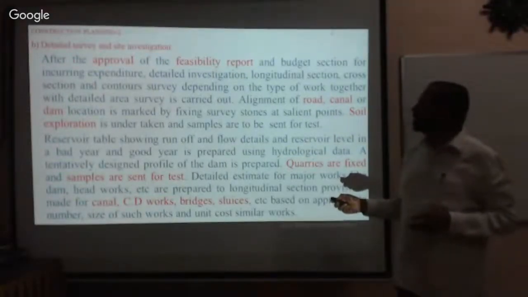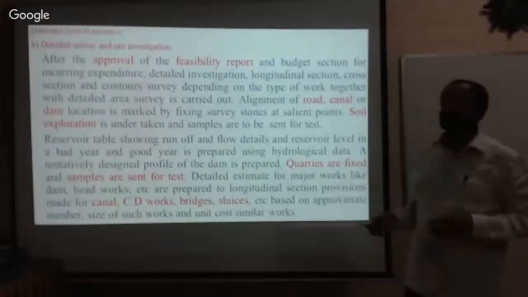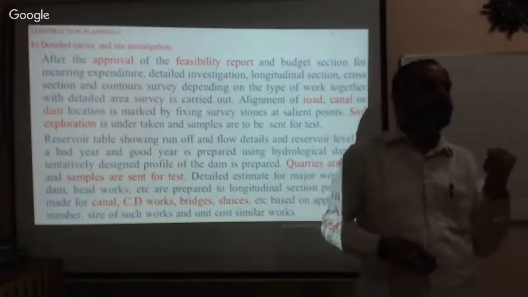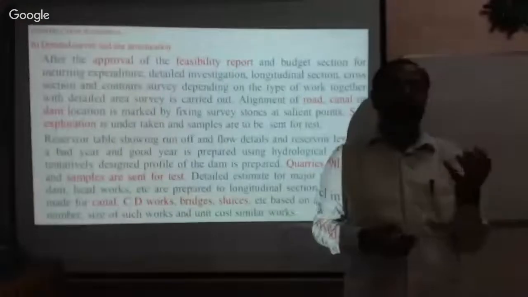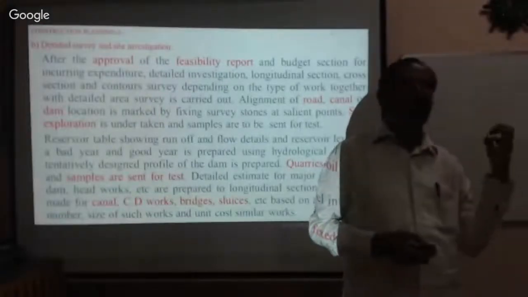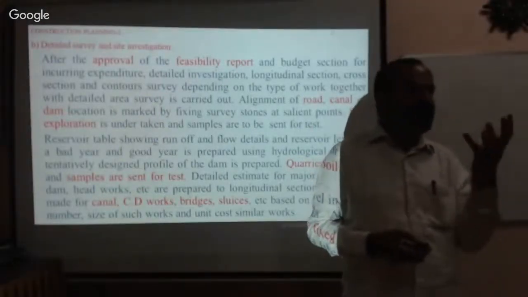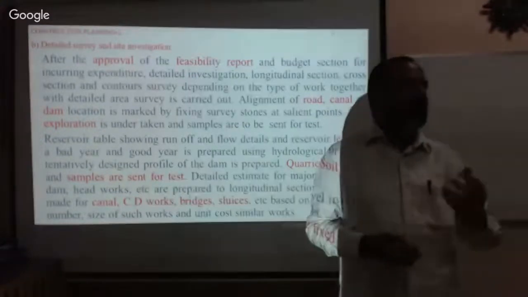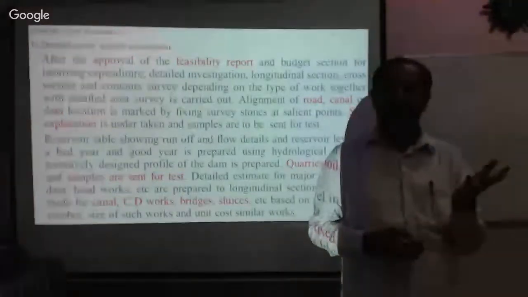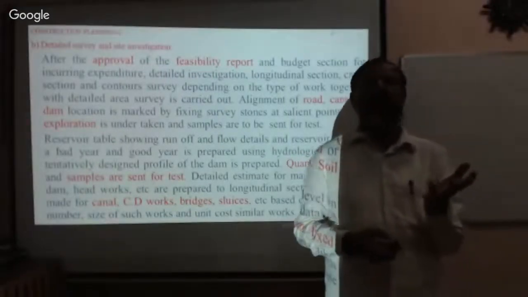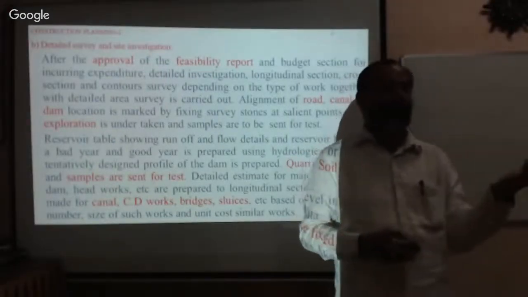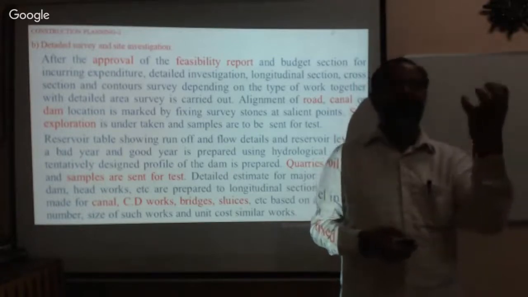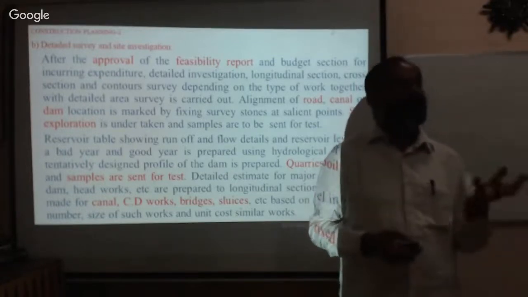Therefore, the second point is detailed survey and investigation. You need to collect the ground data, that is foundation data, isn't it? You need to collect the location map, contour map. You have to calculate the amount of water. I think you have done it in your project survey, in the survey camp. You have conducted this, isn't it? Calculating the contour, drawing the contour map, and from there calculating the quantity of water which can be stored. Based on that, you have to decide.